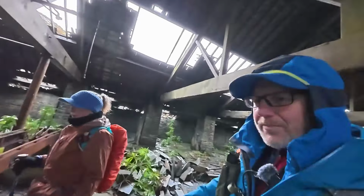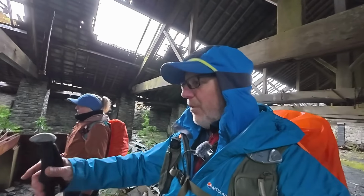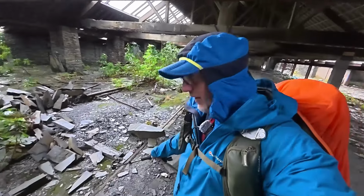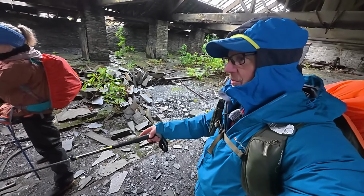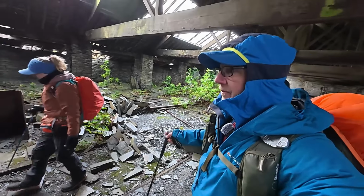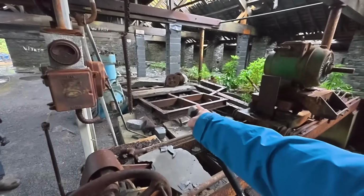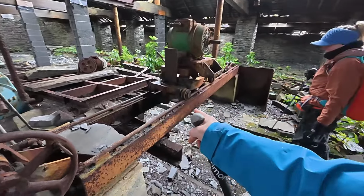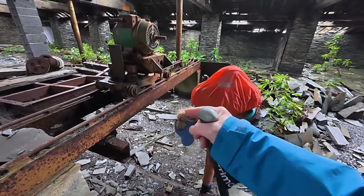So this one, I'm not quite sure what it does. Obviously it moves up and down for positioning. I'm thinking that with having these tracks underneath, it's something to do with these tracks. So maybe they bring something underneath. Yeah, there's a trolley there, isn't there, that sits on the tracks. So the big chunks of slate would probably come in on the trolley. It would come underneath this, and then you've got the position back and forth, but I don't actually know what